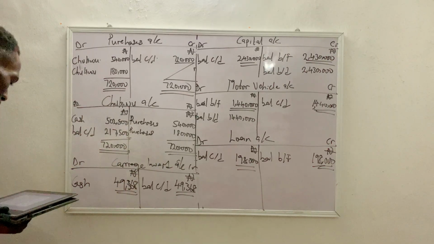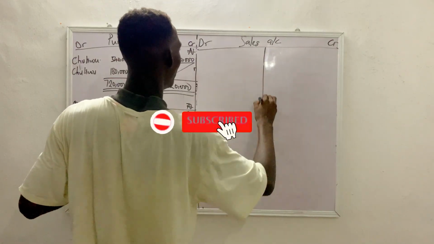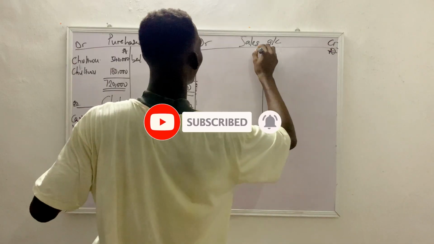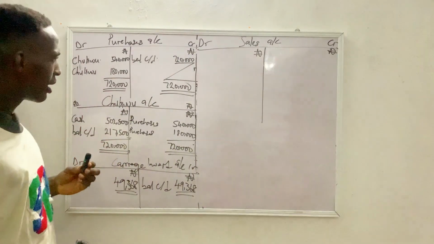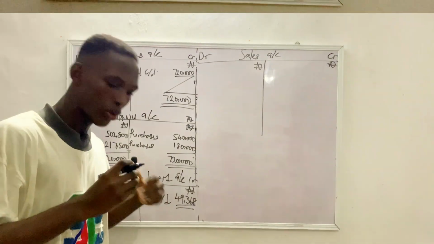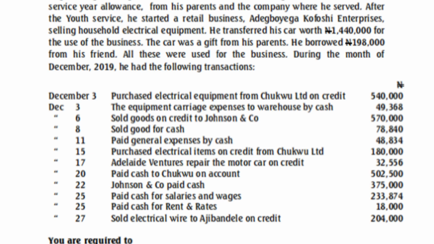The next thing is what? Our sales. Our sales account. Alright, our currency sign. So now, to get our sales account, like I said, you always go back to the sales account. So